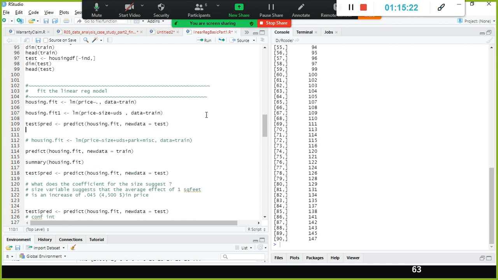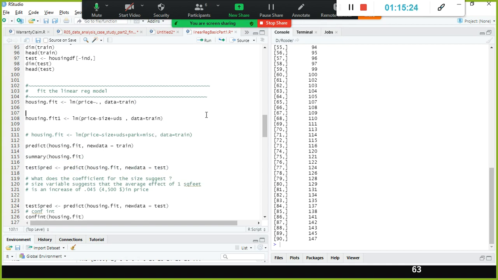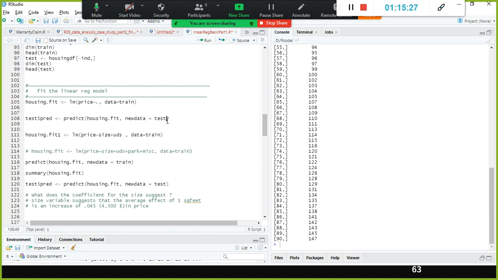I'll tell you one thing, I'll do this also so that you should not get confused. It is not that we have to apply it only on the test data set; you can apply it on the training data set also. So here it should be train, and this is for the test data set. In addition to my training data set columns, I'll have a new column called pred. This will have the predicted value for the training data set. Am I correct? Yes. Similarly for the test data set, I won't repeat it. That's what we did for the test data set also, right?